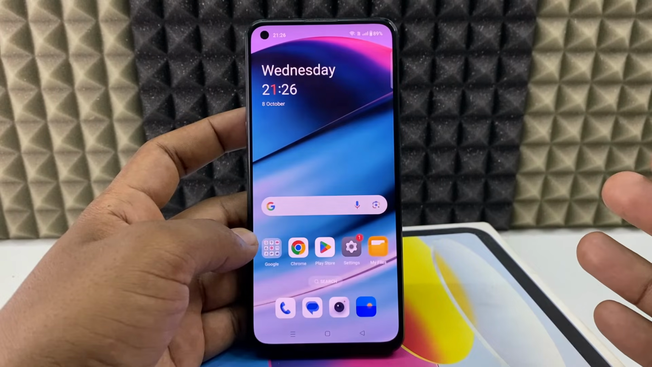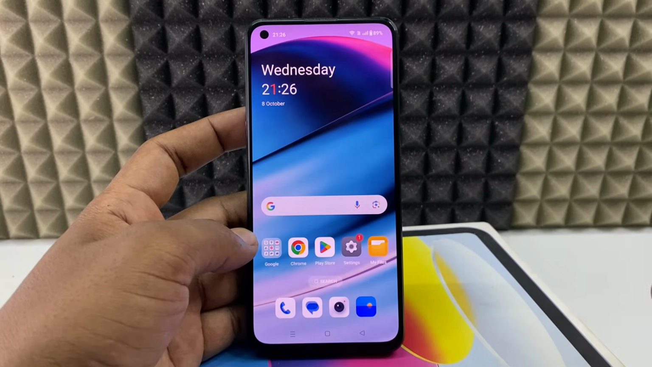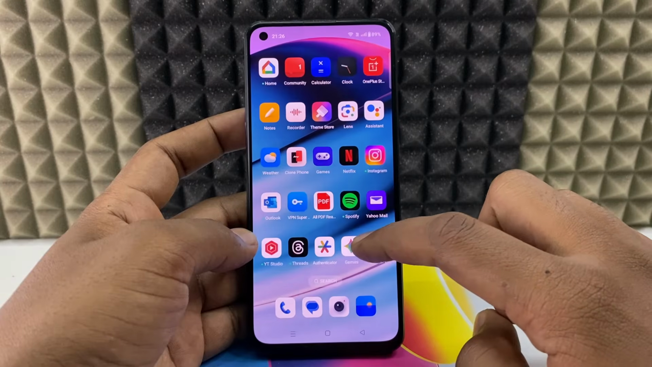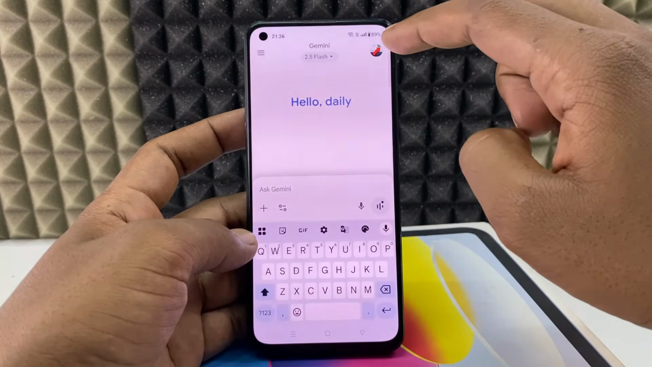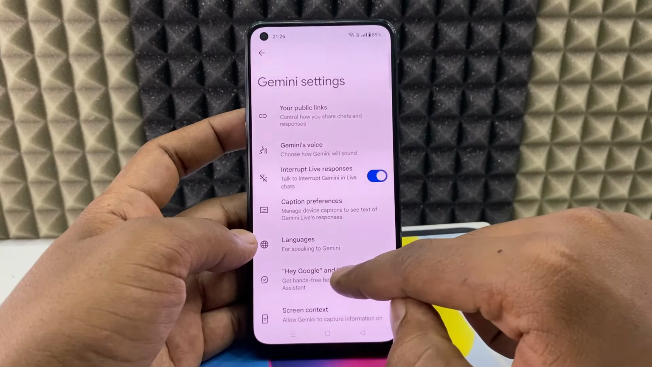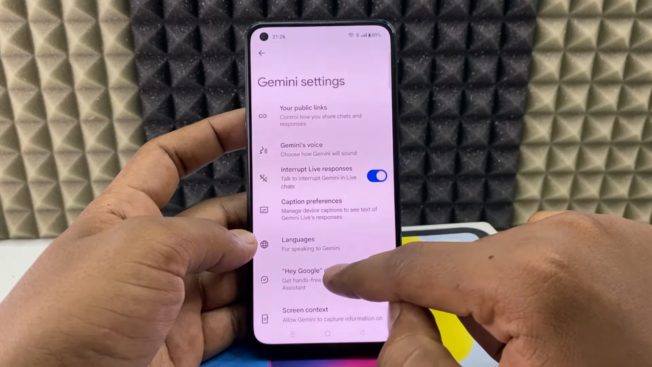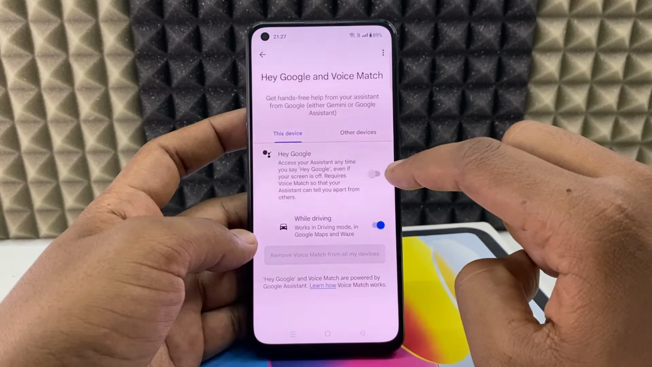If you want to activate Gemini Assistant with your voice on your Android phone, I'll show you. So first open the Gemini app and just click your profile, and here you can see a Google option. Now just click this a Google. Now you can see this option a Google. Just toggle this on